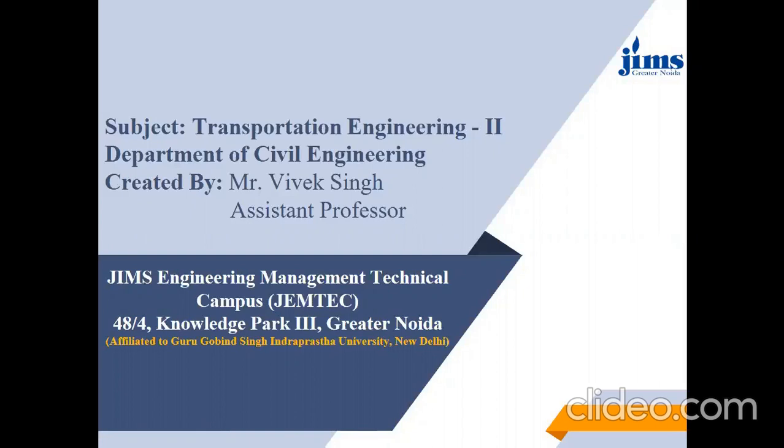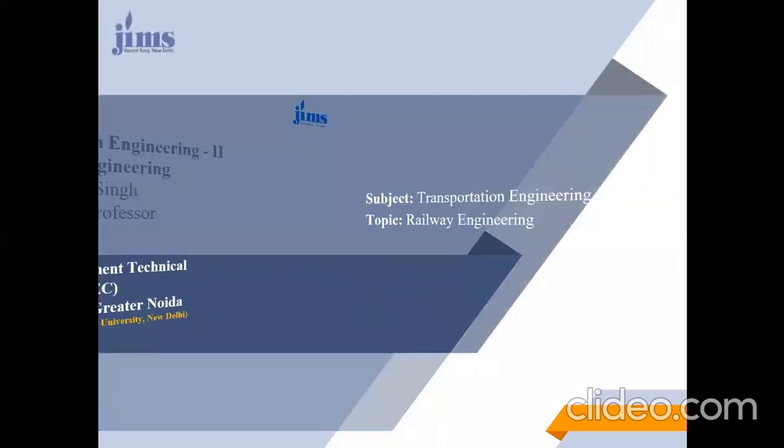In the previous lecture, we studied the joining of rails, that is the rail joints: how the rail joints are constructed, what kinds of joints there are, and how they are classified. Apart from that, we have studied all the components of P-way up till now. We have studied rails, sleepers, a little bit about fastening devices, and then the ballast. So basically, the major components of P-way have been discussed up till now.